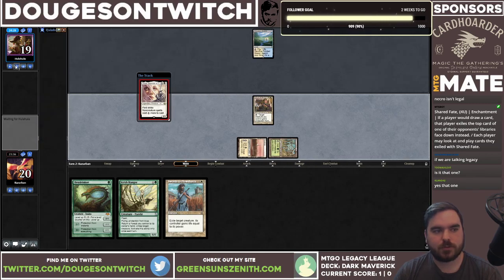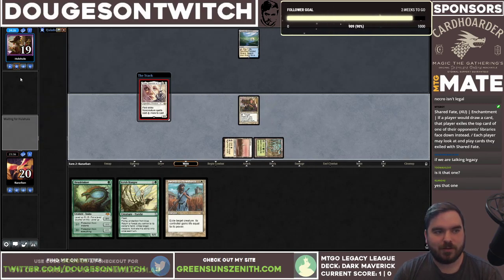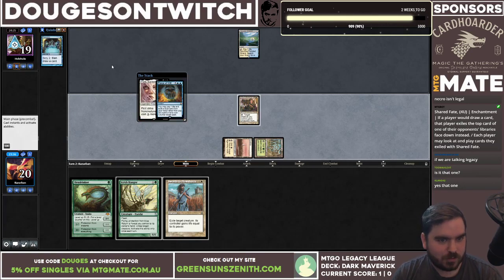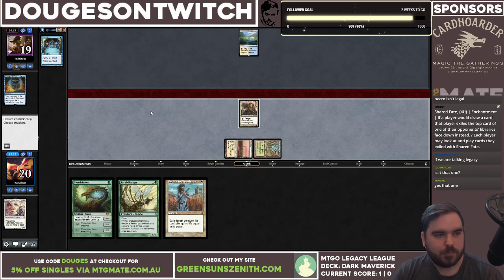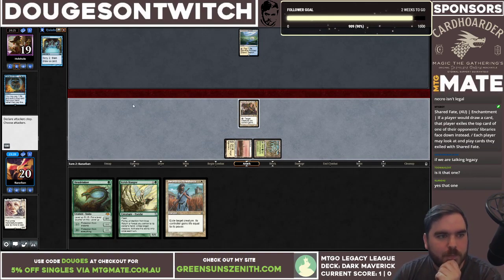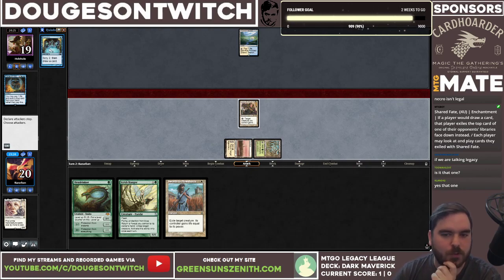Looks like a force. What are they pitching? Force pitch Preordain. Okay, some sort of combo deck. Maybe it's okay to attack if Preordain's a card. I feel like Preordain is more in the combo decks and most likely won't have an answer for Mum in